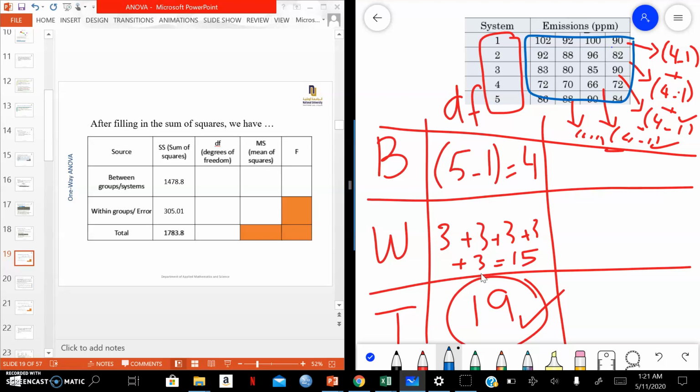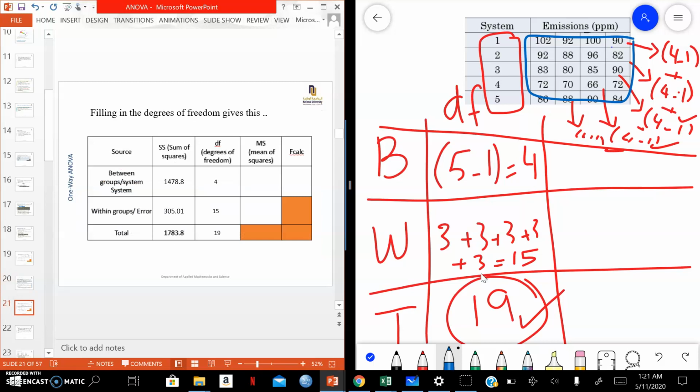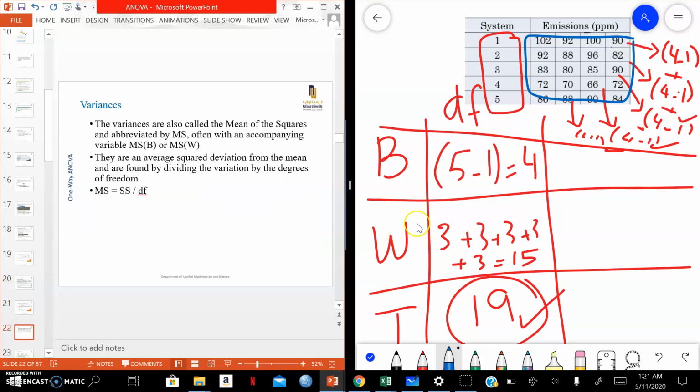Okay. Now once you get the degrees of freedom, you can get MS. What is MS? MS is just